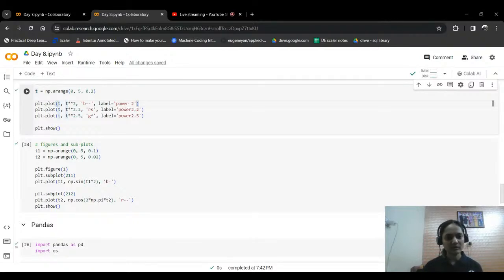X is going to be whatever the t value is, that is going to be plotted on the x side, and on the y axis, its exponential value. So the first input we provided is the x axis value. The second input we provided is the y axis value. So the second value is going to be t power 2, that is, whatever the t values are, let's say 1, 2, 3, then their power 2 is going to be the